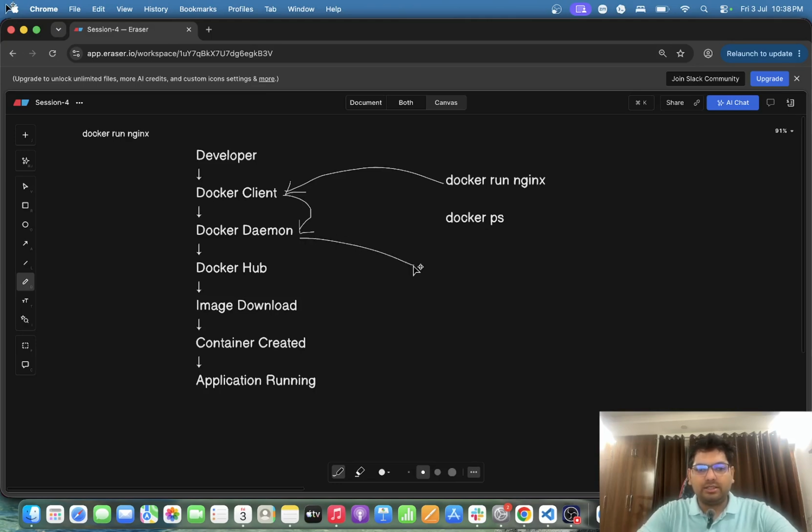Now let's understand what the Docker daemon does. The Docker daemon is the brain of Docker. Think of a restaurant. The customer places an order, the waiter takes the order, and the chef prepares the food. The Docker client is the waiter. The Docker daemon is the chef. The daemon is responsible for creating containers, managing images,